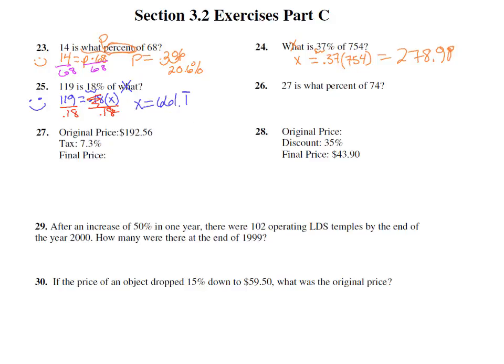Number 26. 27 is what percent? So I'm going to put a P to remind me that it's a percent that I'm trying to find. P of 74. Well, look at that. That's an algebra equation that we know how to solve. We can get P by itself by dividing both sides by 74. Let's do that. Divide by 74. Divide by 74. And P equals, calculator,